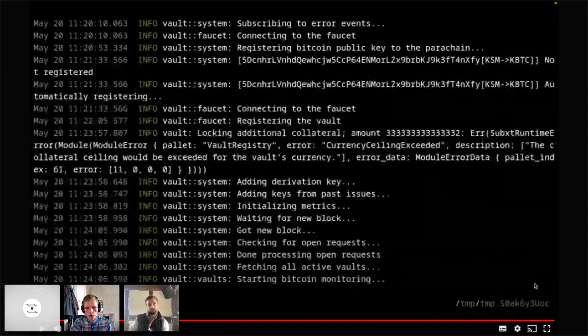The Vault client supports Prometheus metrics, and this allows you to build some nice Grafana dashboards, which I think some operators have already been doing. And then it will continue with monitoring the chains. It will check for any open requests, so redeem and replace requests, and it will check Bitcoin for payments that still need to be submitted to the parachain. We can see here it then says done processing open request because it doesn't have any payments to forward. So then the vault is at that stage idle,